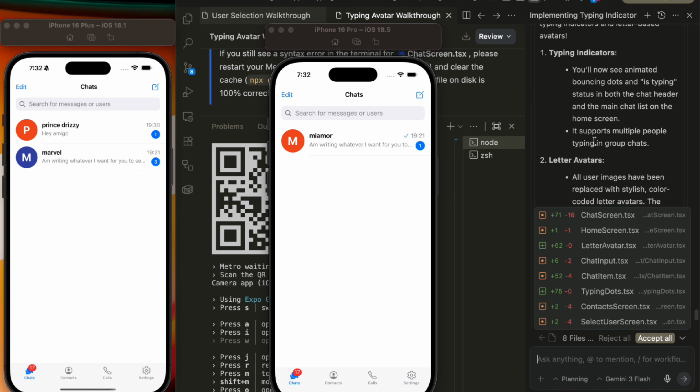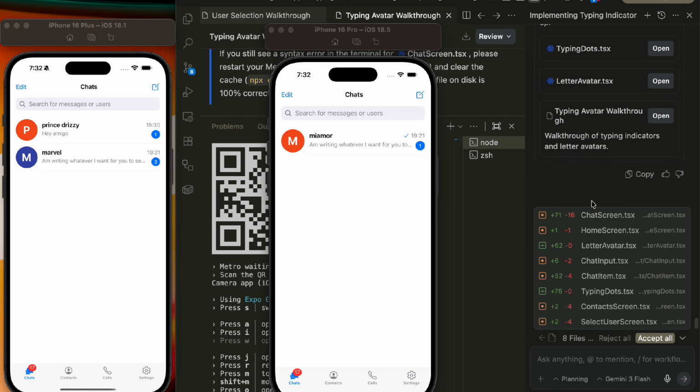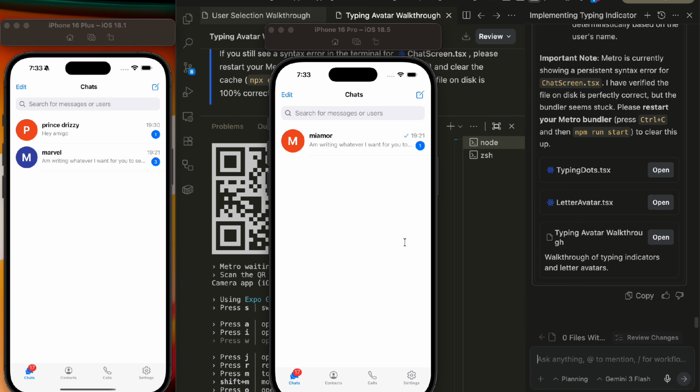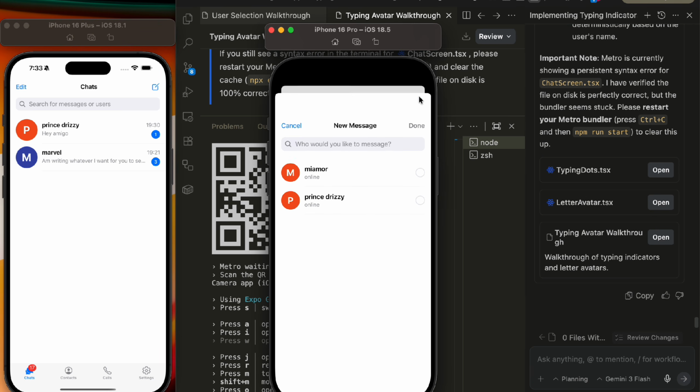All right guys, this is getting more interesting, and we're done implementing these features. So now let's test the group feature. Let's say this guy Marvel wants to create a group. Miamor is online and Prince Drizzy is online as well. So let's say he selects 2. If we click on next, it opens a group name for us, and I'll say the G's,